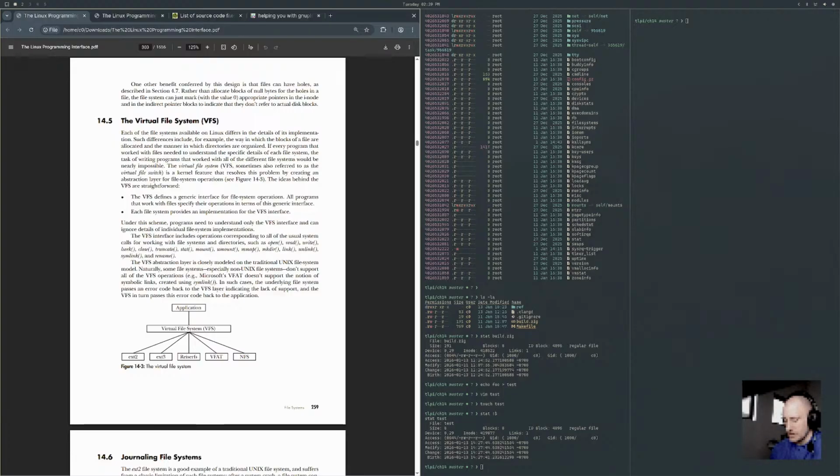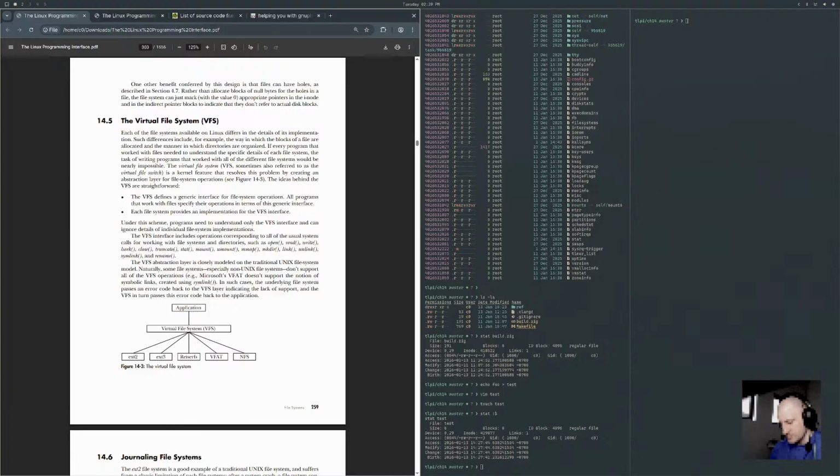The VFS interface includes operations corresponding to all of the usual system calls for working with file systems and directories, such as open, read, write, lseek, close, truncate, stat, mount, unmount, mmap, mkdir, link, unlink, symlink, and rename. The VFS abstraction layer is closely modeled on the traditional Unix file system model.